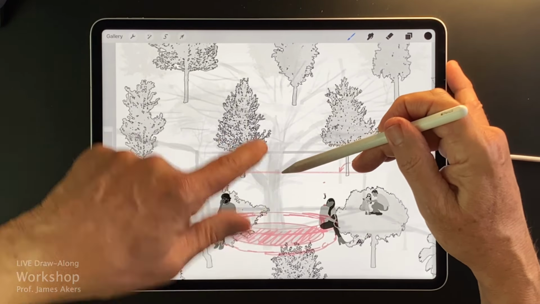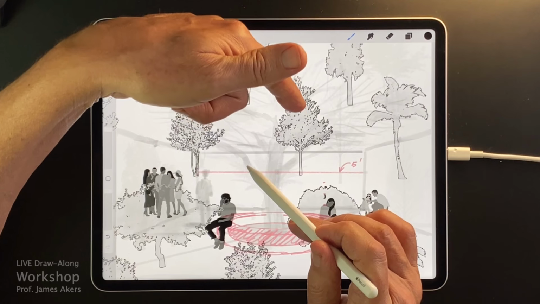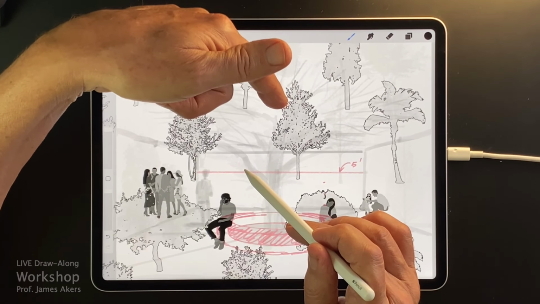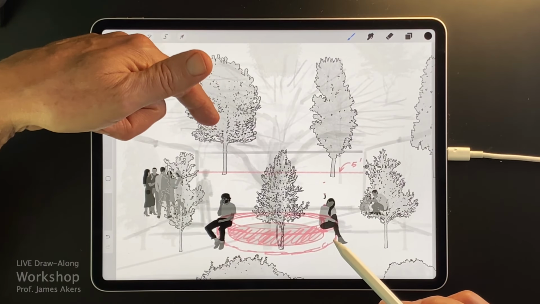This one. And this one isn't too bad, but I don't know if I can scale that up so big. But I'll tell you what, it's going to at least be as good as anything that I could draw. Oh, maybe this one.